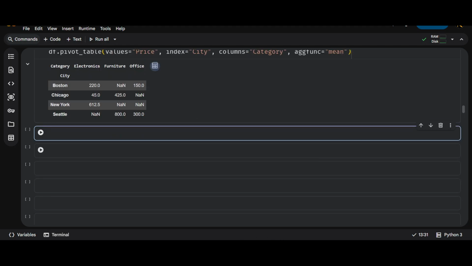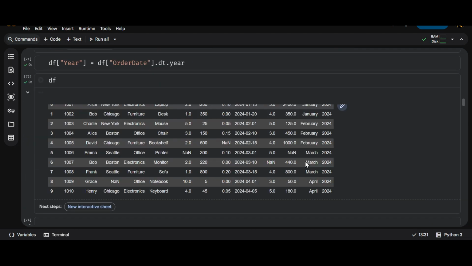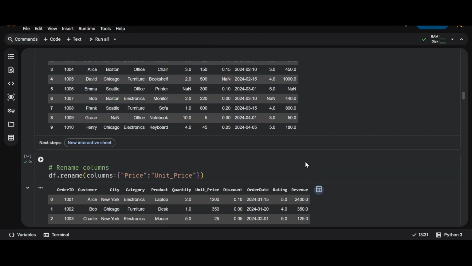So that is a general pandas tutorial. So we've done some things. Let's improvise